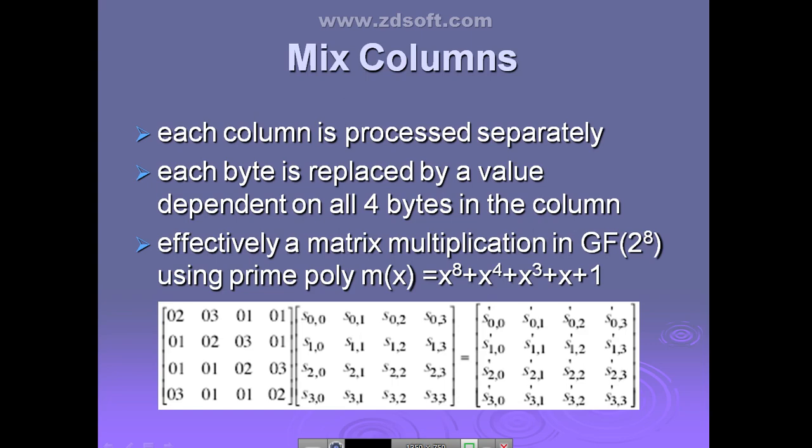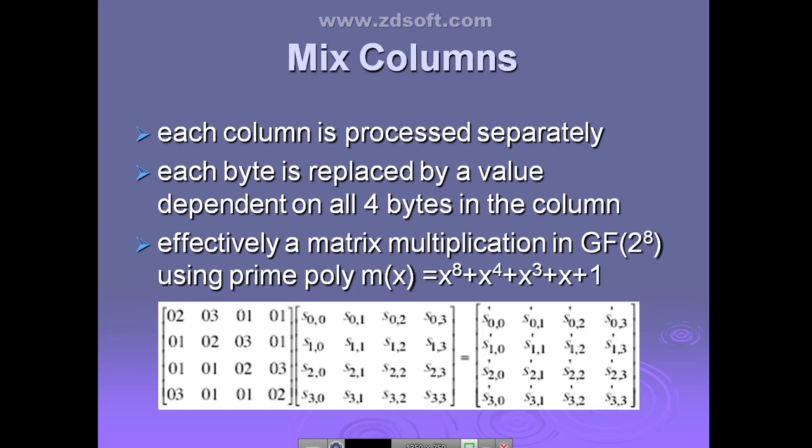Is that clear? It looks like matrix multiplication. It is designed in such a way that it looks like the operation you would perform in a matrix multiplication. By using that idea, they are going to do the mixing of the column.